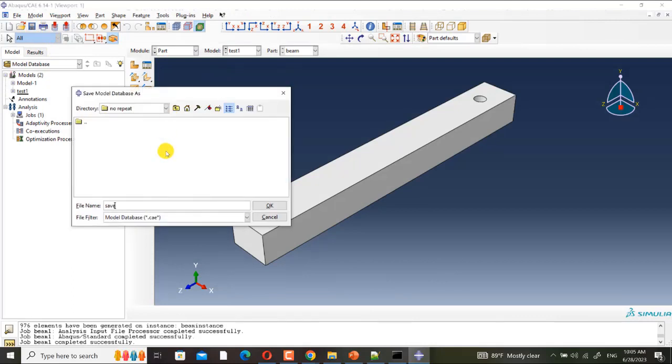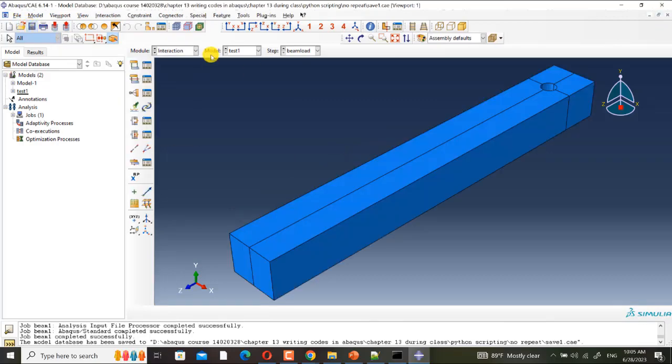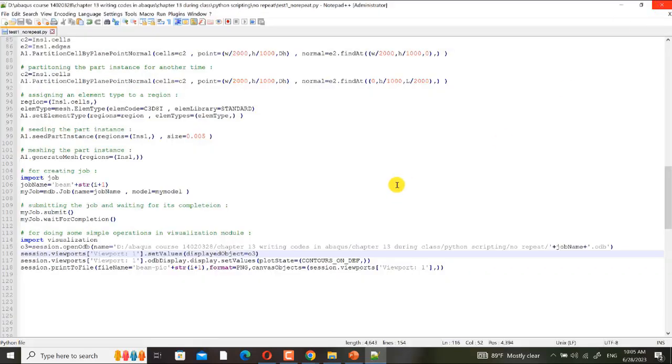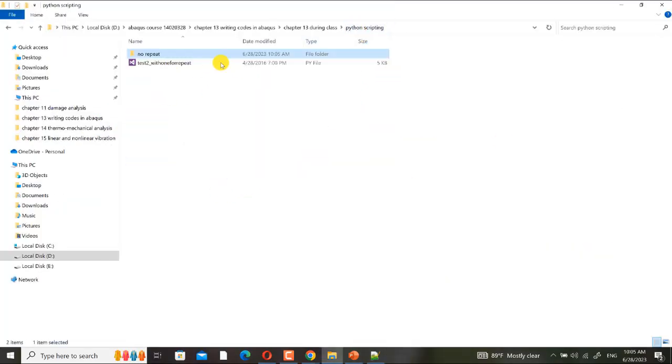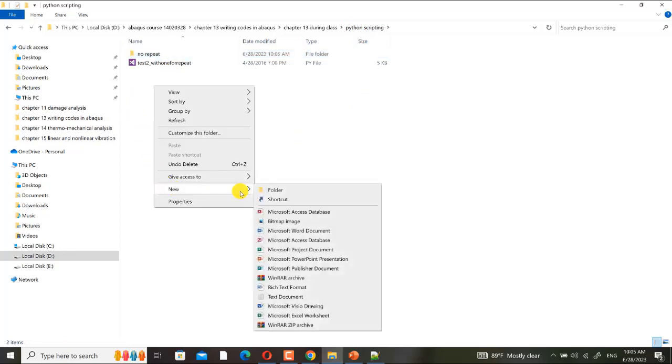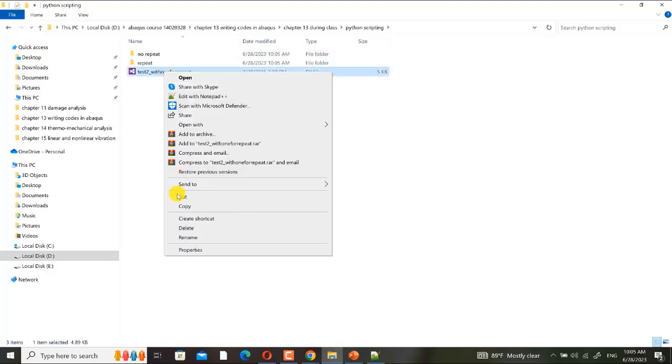So I save it and close it, and I create another folder.